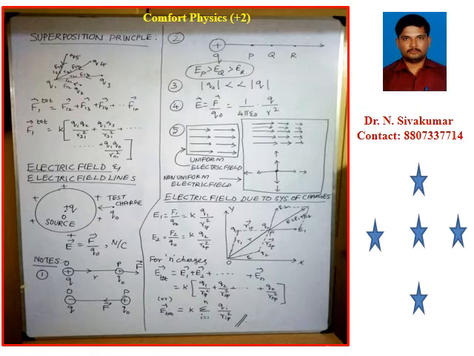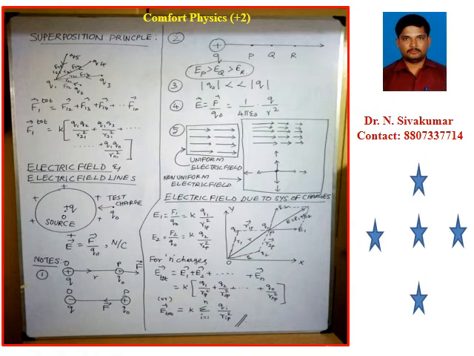But if the magnitude value is varying, in the second diagram the direction is same and it is not equally spaced and it is not equal magnitude, therefore it is non-uniform electric field. Even if you are having a test charge or a point charge, if it is showing a different magnitude of forces, then it is not under the category of uniform electric field. So the box diagram shows non-uniform electric field direction.